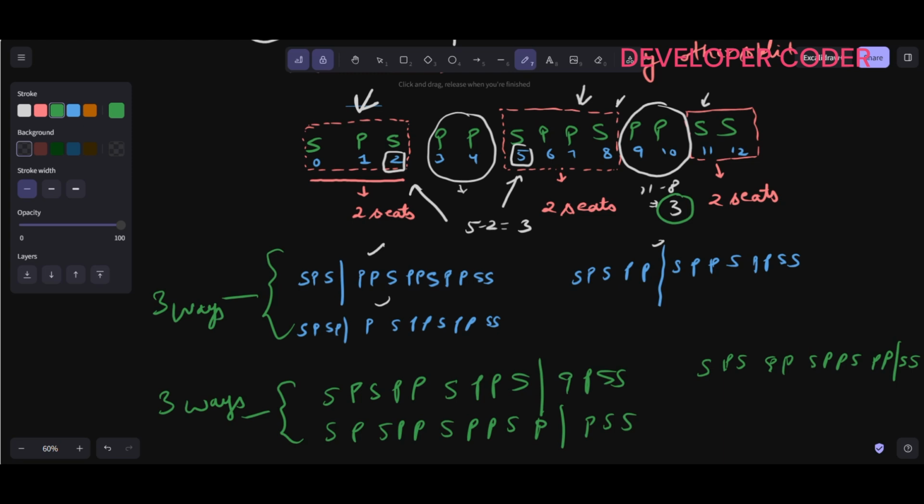Now tell me, what is going to be my total result? Do I need to do the addition, or do I need to do the multiplication between this and this? Tell me, think about it. So here we need to do the multiplication. Why we need to do the multiplication? Okay, so see here,